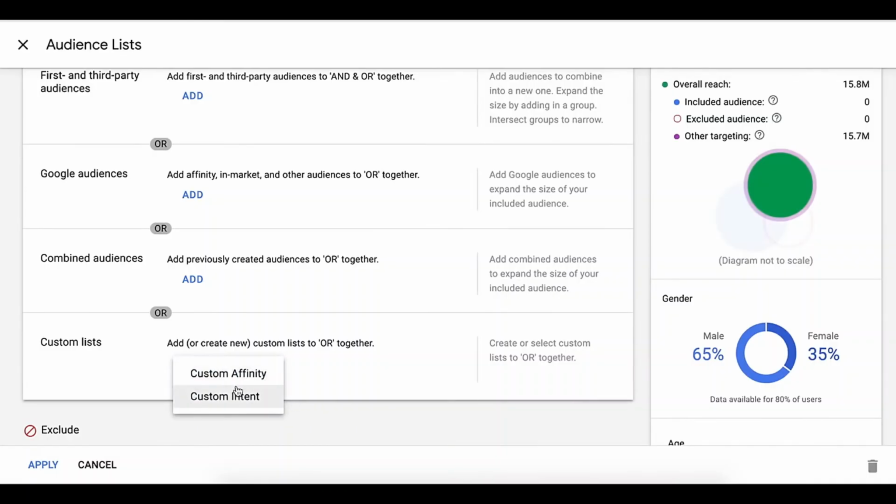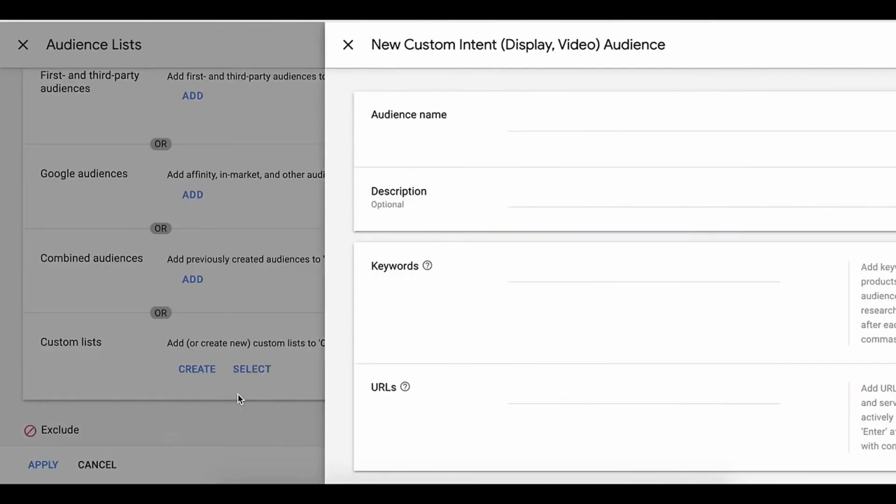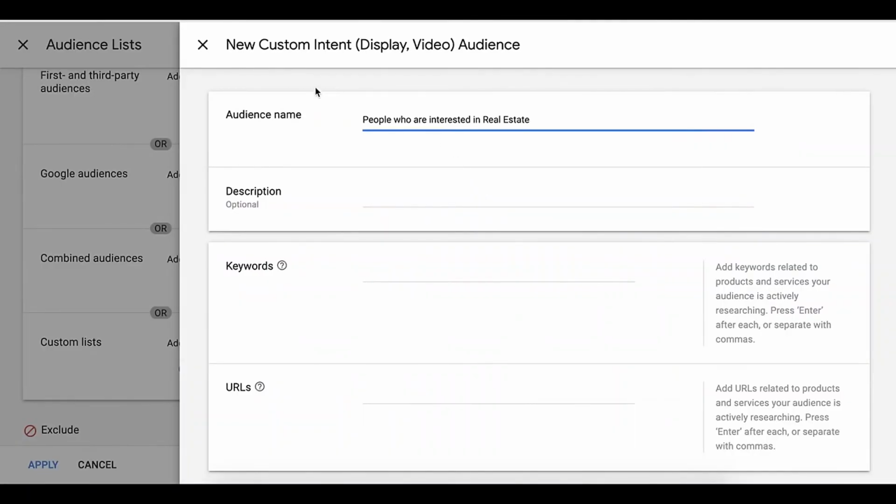Now in our case, we will select custom intent. Now we will name it people who are interested in real estate, and the description would be search keywords related to real estate and competitor URLs visited. Description is optional, but you can add it for later reference if you want, if you are wondering why this